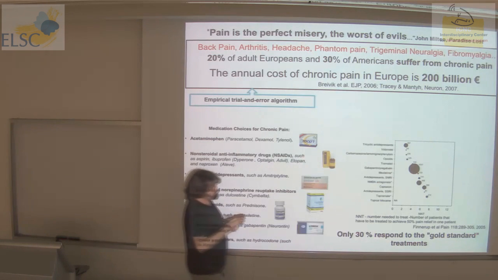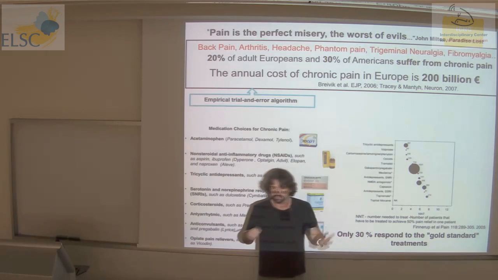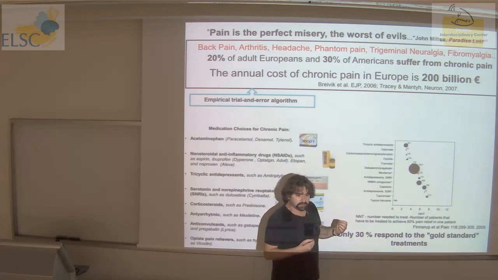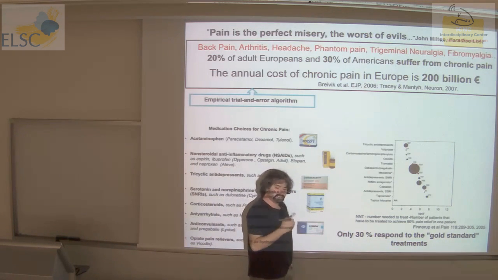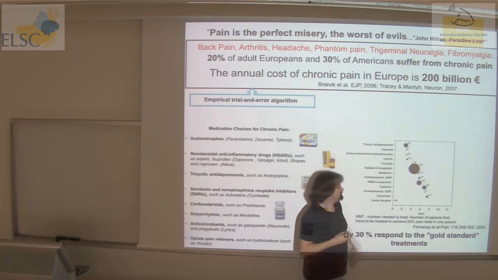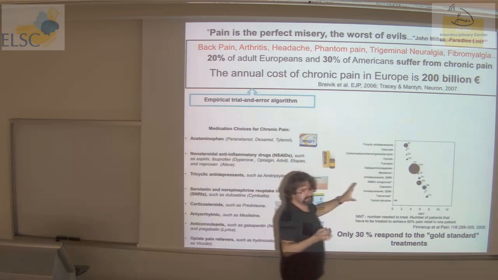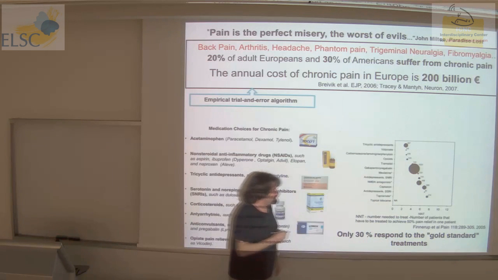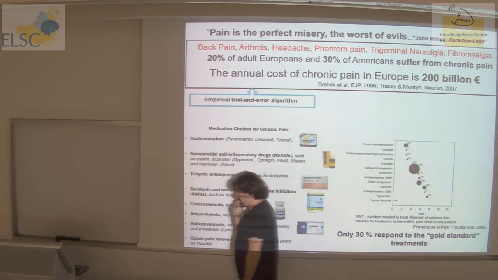When we look at this graph, which explains how many people we need to treat in order to get a 50% decrease in pain intensity in only one of them, we see that in the best case scenario, with tricyclic antidepressants, we need to treat 3 patients. But when we use gold standard treatments like gabapentin, Lyrica, all the stuff that you heard about, we need to treat 5 to 6 patients in order to get a 50% improvement in only one of them. And the reason for this